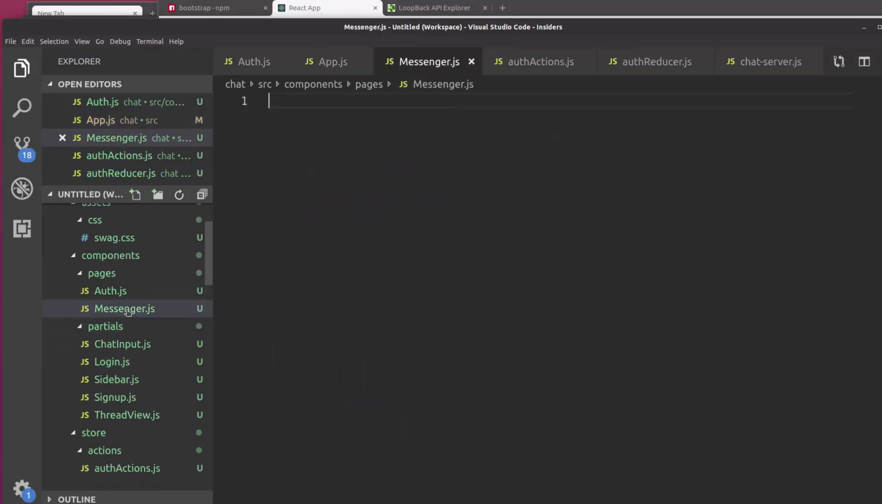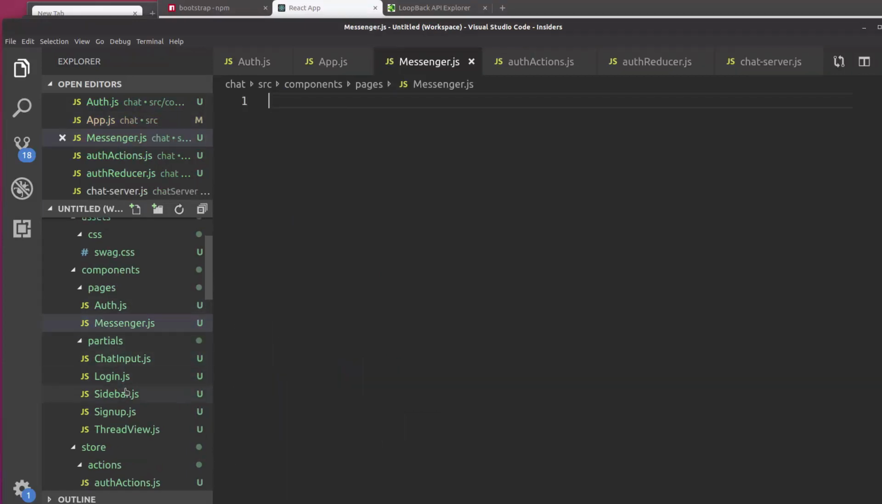So we're going to need a 2-column layout in the app, and I believe I've already created some of these pages. Yeah, the messenger here, and chat input, login, sidebar, thread view. So that's perfect. So in the messenger, what we'll do is import React